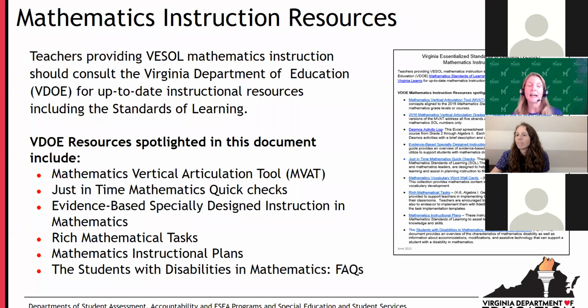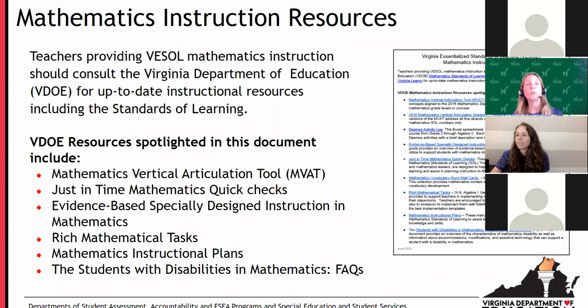One of the things that's highlighted on this slide is the VDOE Mathematics Vertical Articulation Tool, the MVAT. And we really encourage you to take a look at that because it allows teachers to see how the standards spiral across the grade levels.